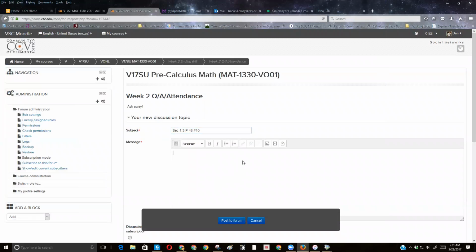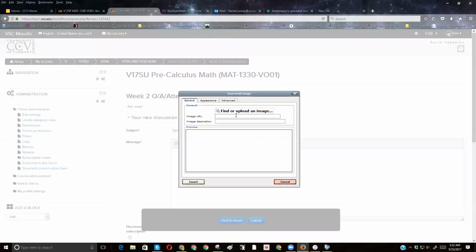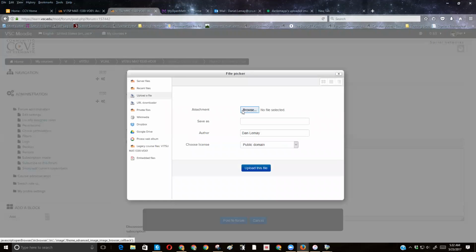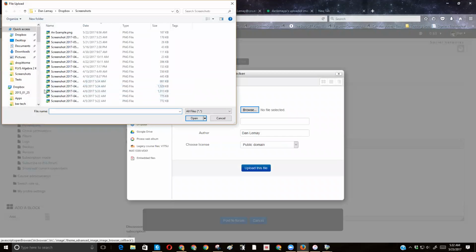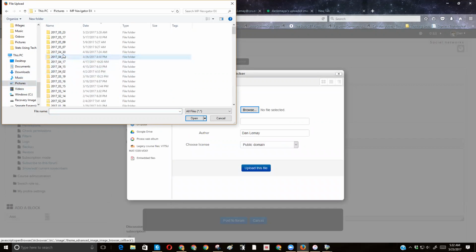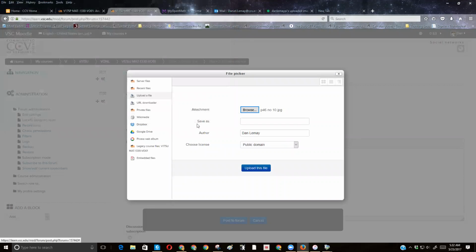Okay, and what I did, you can do it 2 ways. You can get your pictures online here. See where I go here? I'm going to click on Insert Image. I can upload it, and you guys will most likely do this. I'm going to show you another way too, because if it's on your phone, sometimes it's easier to get it online in another way. But I've got this in my scanner folder, in pictures. Yeah, here it is. I've grabbed it. I'm going to upload it,